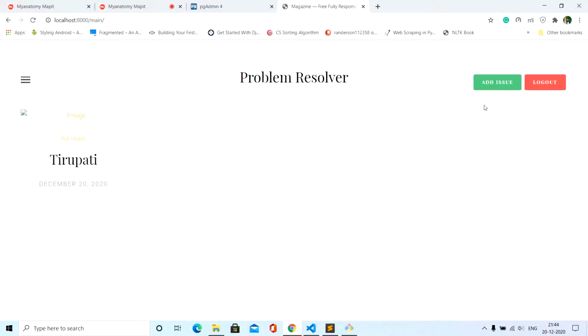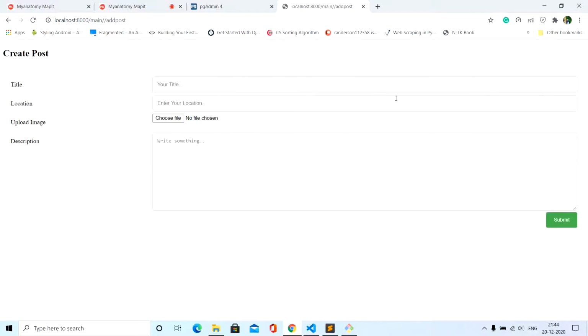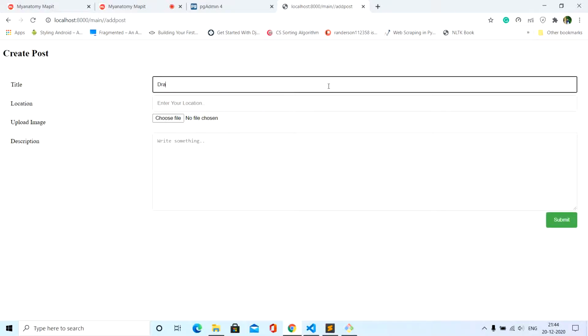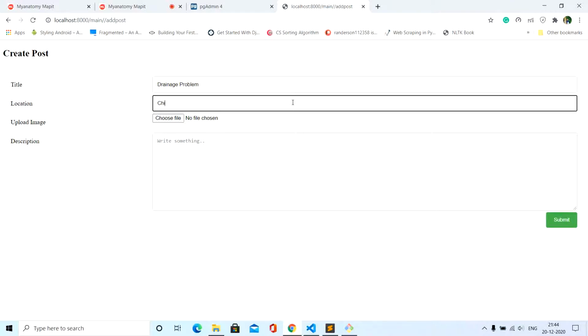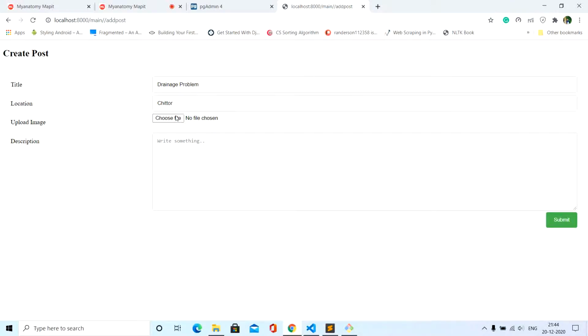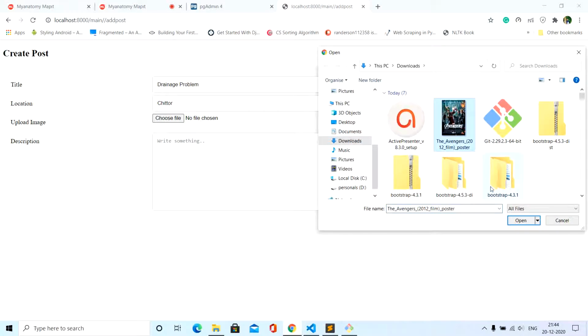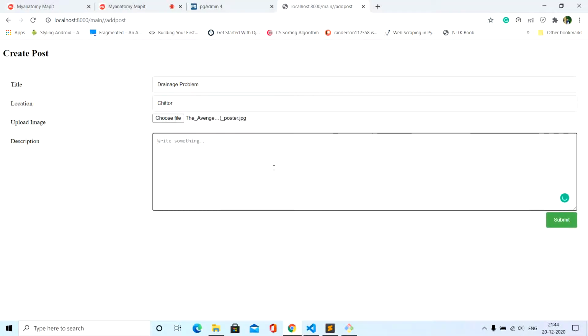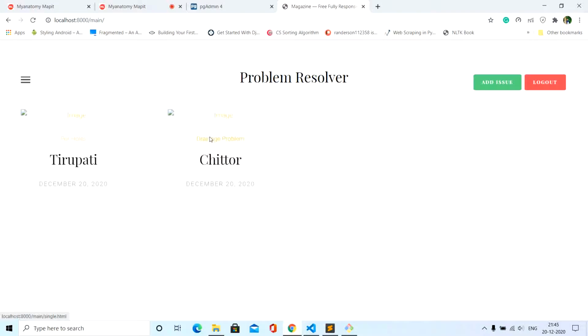Okay, let's add another issue. Here is the second issue which we have added.